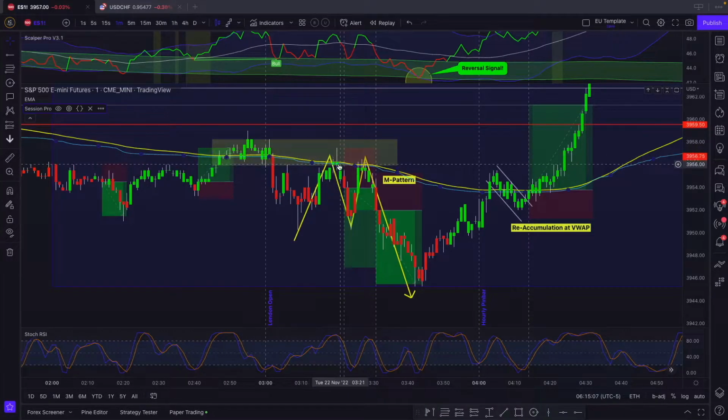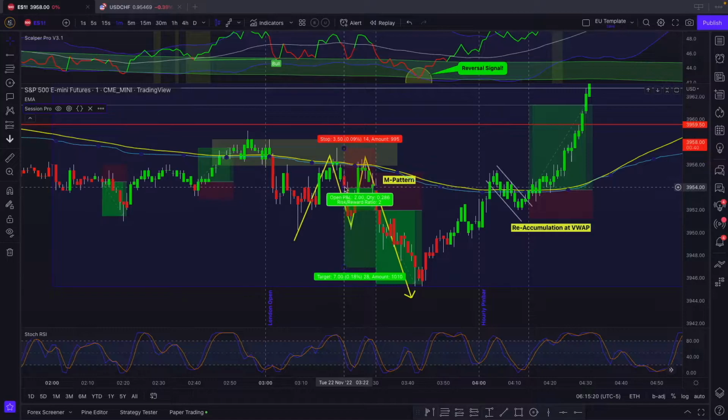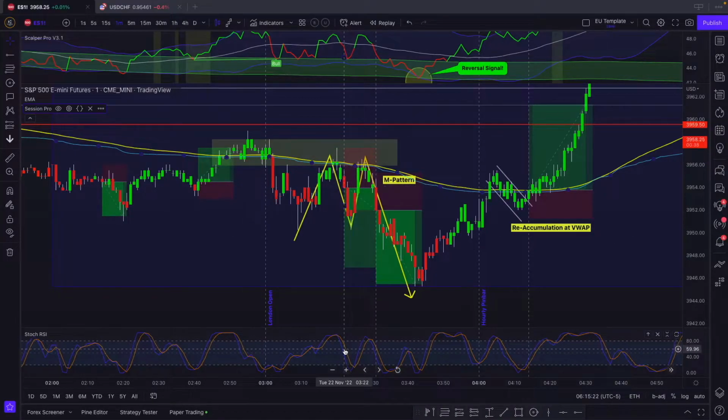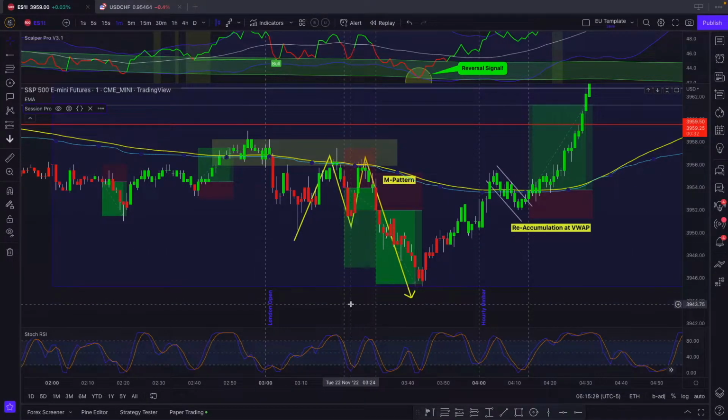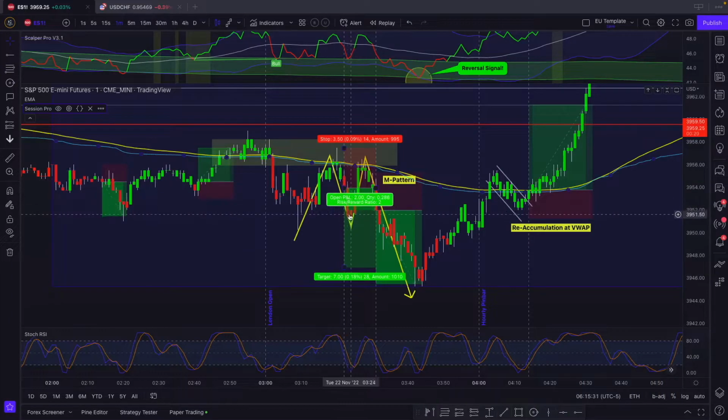and we reversed. So the stochastic RSI was above the 80 level here, and that's the overbought area. So we've been overbought. The Scalper Pro turned bearish right on this candle, so I entered right on this close with the confirmed stochastic RSI. Stop loss right here at this swing high with a target of 2-to-1, and eventually we broke down right after,